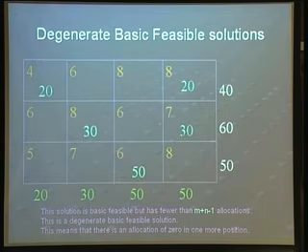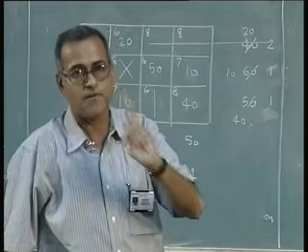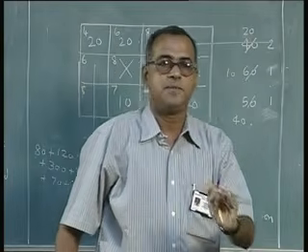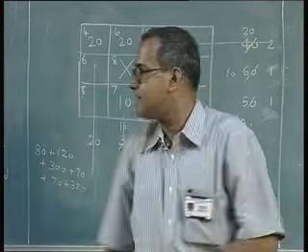Now, these 5 allocations are independent, they do not form a loop, so this is basic feasible, but it has fewer than m plus n minus 1 allocations. M plus n minus 1 is 6, but it has 5. Now, this is very similar to the northwest corner solution, which also did not have a loop, but had 5 allocations as against m plus n minus 1 equal to 6. So, when we have a feasible solution with no loop and with less than m plus n minus 1, then it is a degenerate